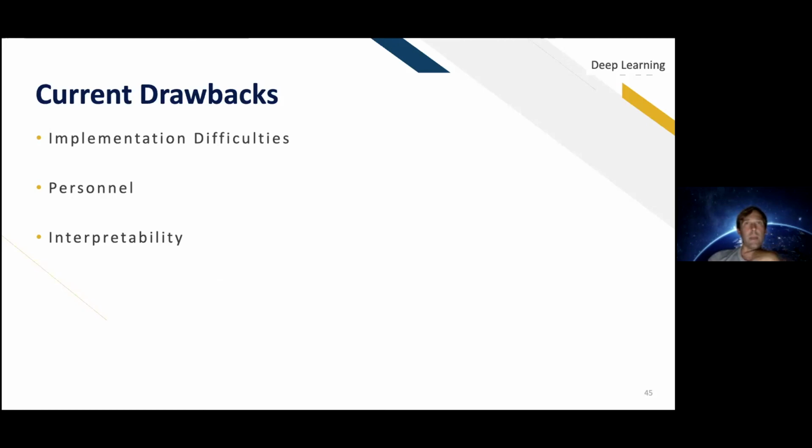And so it may be that you learn a lot of interesting things from these models, but you may ultimately have to fall back on some much more simple architecture, or have some aspects stored through deep learning, some types of data representation, and then utilize that data in real time with some type of more simple architecture. So again, personnel is an issue. If you're in an institution that doesn't have a lot of people that are doing this, it's obviously a drawback. And the last thing, I think, I didn't talk a lot about the black